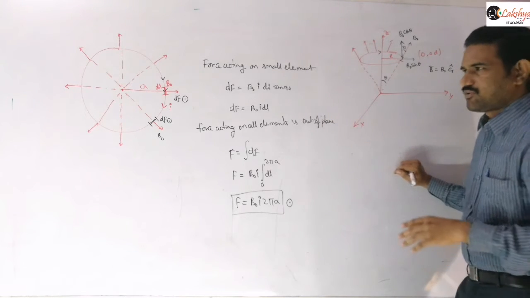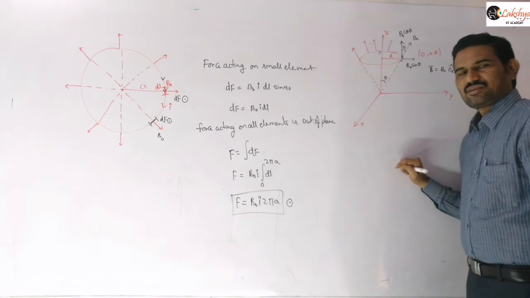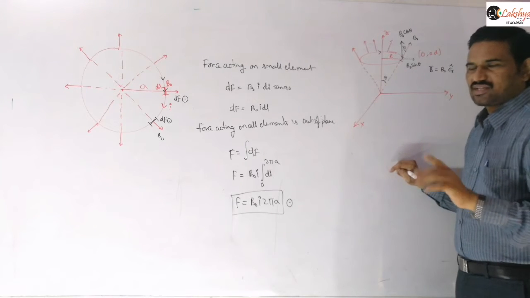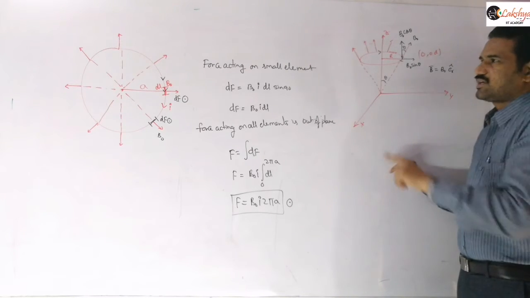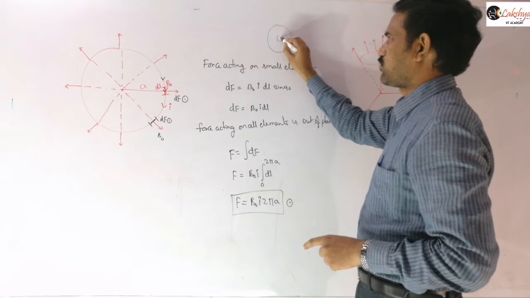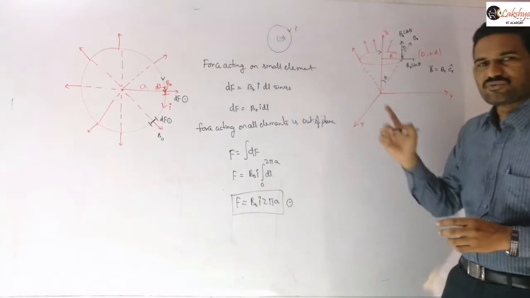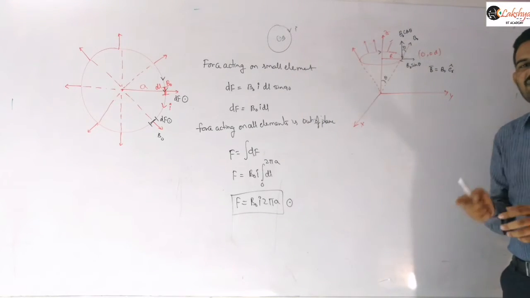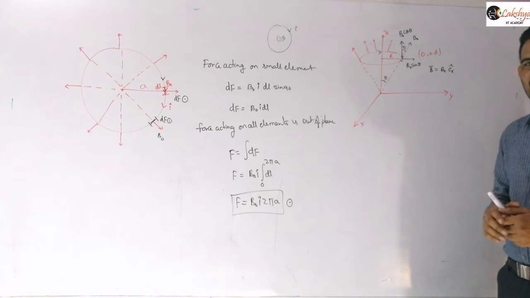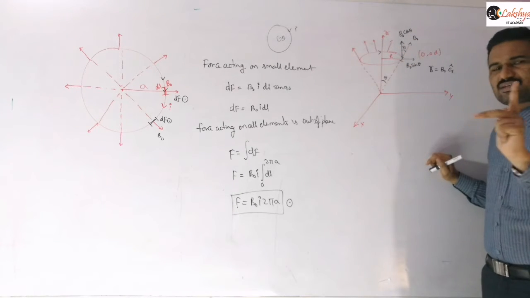This is nothing but our previous problem. Here you can observe that our B sin theta is exactly similar to our previous problem, because everywhere you will get that B sin theta component in the radially outward direction. So B sin theta is similar to this, and B cos theta is similar to that of this problem here. If a circular loop is there like this, and if the magnetic field is out of the plane, then what is the force acting on that circular loop? In that case, current is flowing in the same sense there, so it will be 0, right? So here also you will get the same thing. The magnetic force due to B cos theta will be 0, or you may consider just directions there.